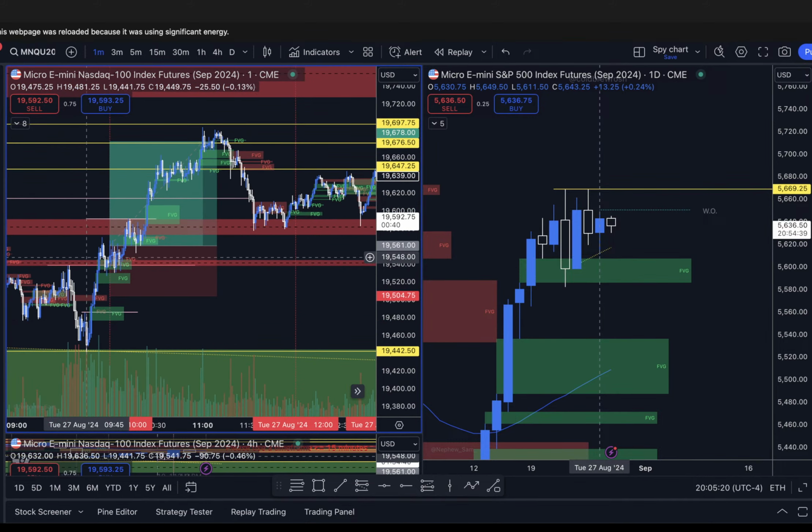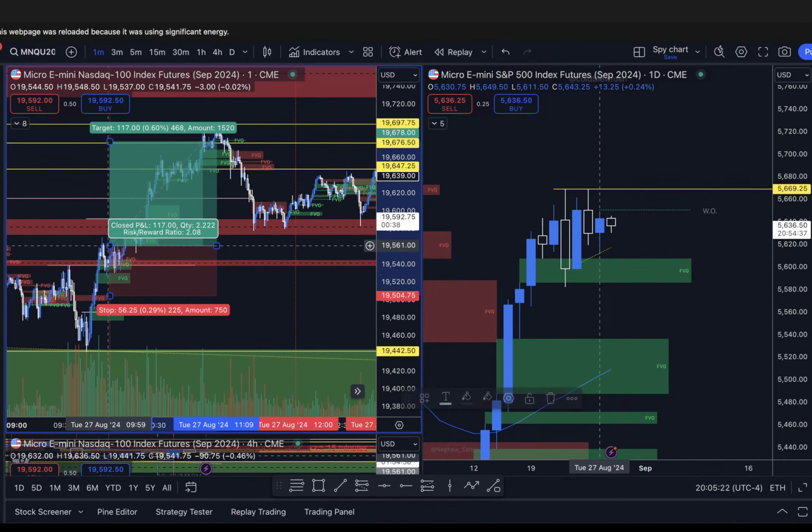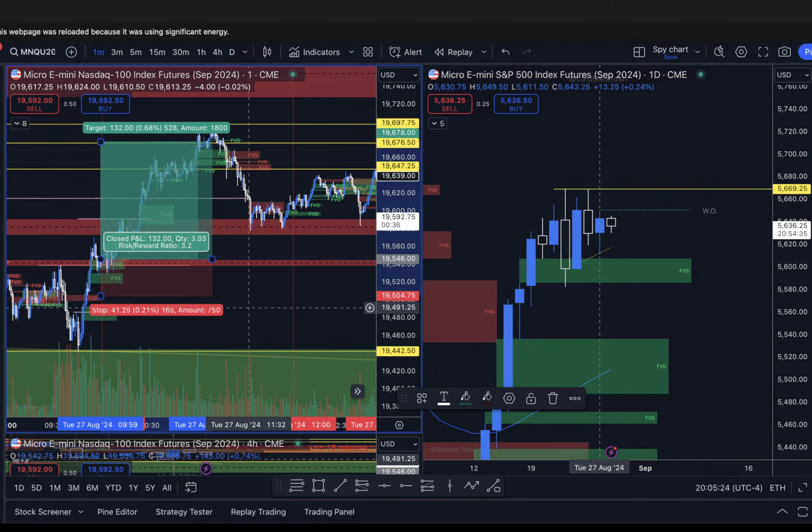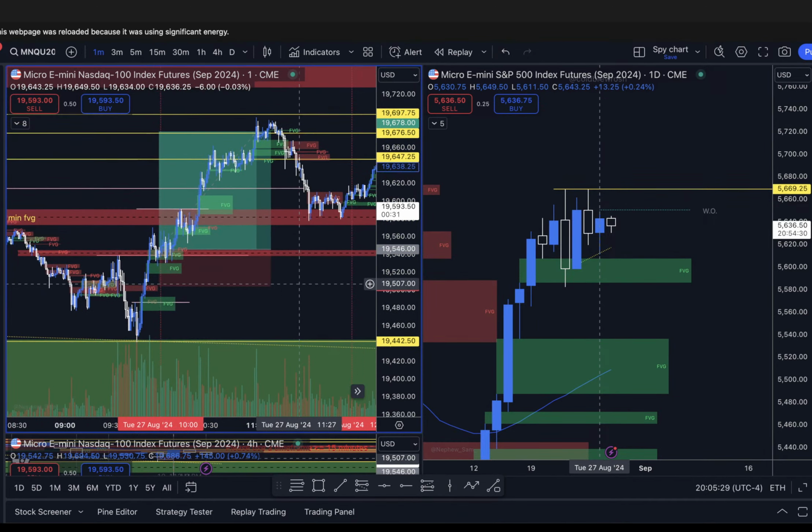Still got a great entry, still got a nice fair value gap entry. If I would have waited for the fair value gap on the 1 minute and on the 5 minute, we got great taps for a better risk to reward. You know me, I just get in right at the market structure shift. So we'll see what tomorrow brings us.